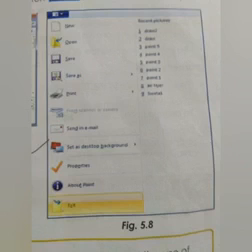Now true or false? Paint has only 2 colors, black and white. Yes, I want answer from you, children. Originally paint had 2 colors, but now paint has got different colors. You cannot make changes to a picture in paint. False. The pencil tool is present in the tools menu. True. Very good.